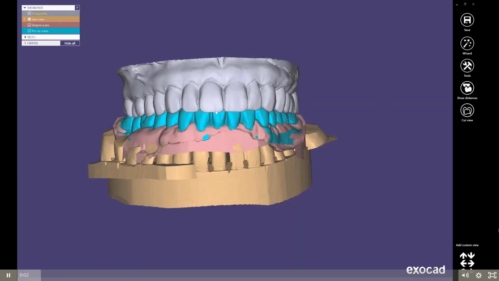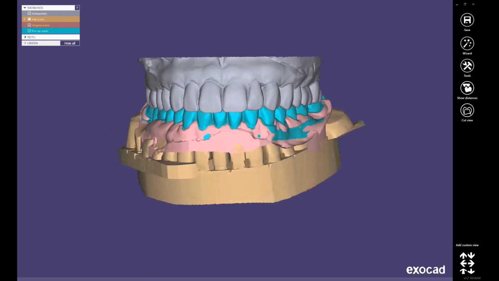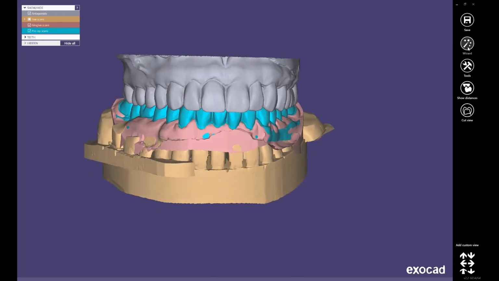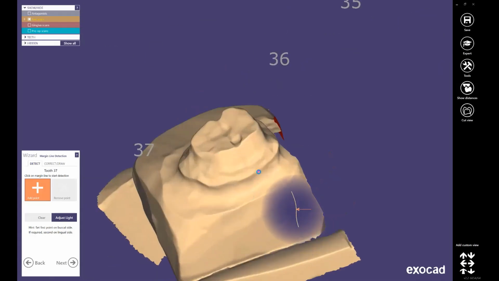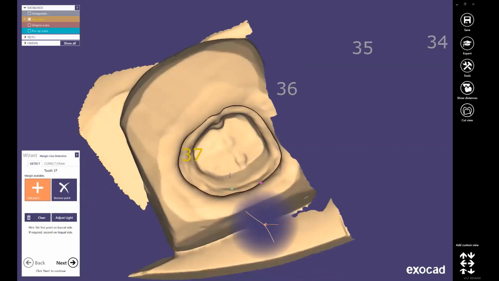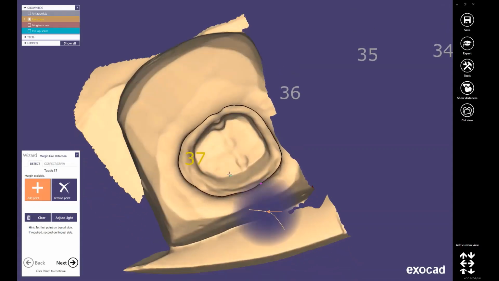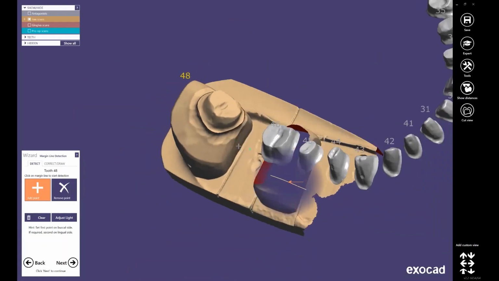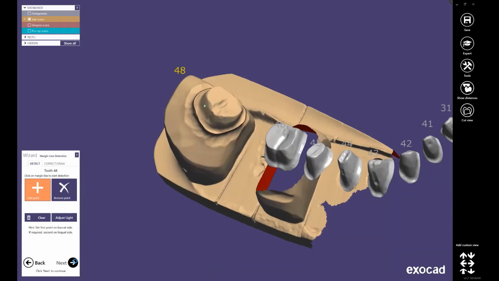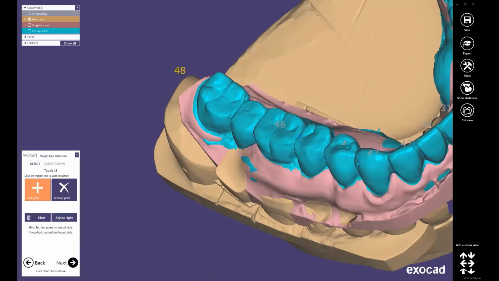In this video I'm going to show you how to create a full arch over natural teeth. So I'm going to show you step by step into the wizard and out of the wizard. So once you have everything scanned and everything is aligned, you just click on wizard like you always do, and you're going to catch all of the margin. I'm going to skip this step because I already caught a lot of margin. So once you have caught all of the margin, you click next,